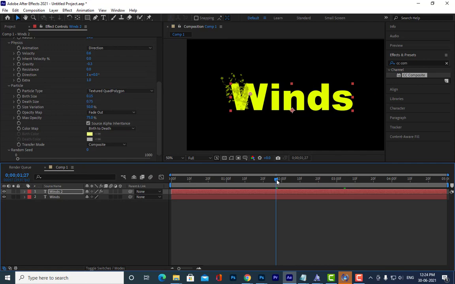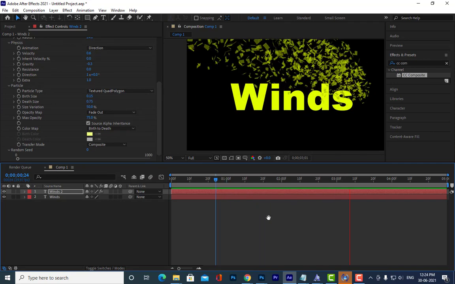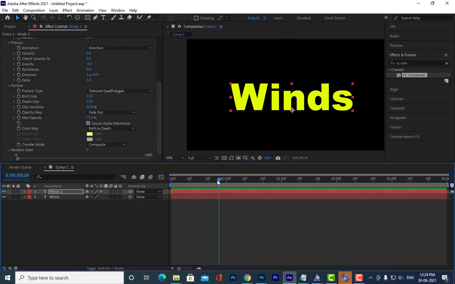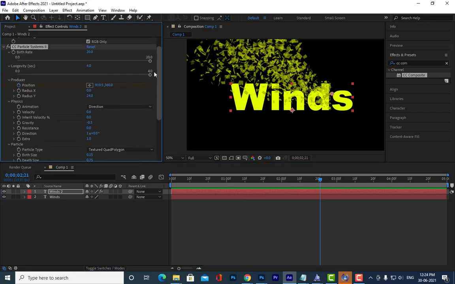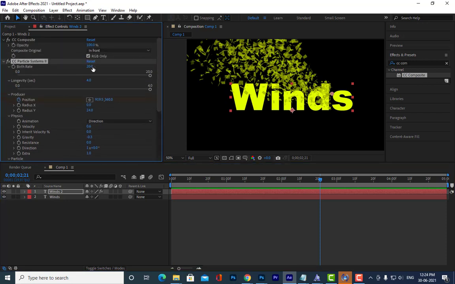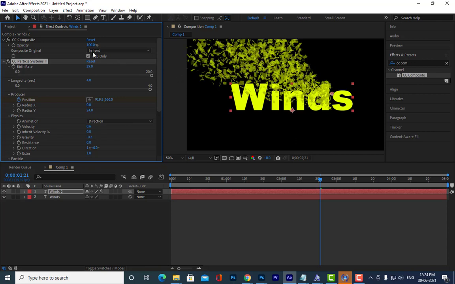See, the particle pieces are now changed. If you want more particles, you can increase them, but always remember, if you keep on increasing the particles, your system may slow down. So let me keep it to 29, or you can say 30.